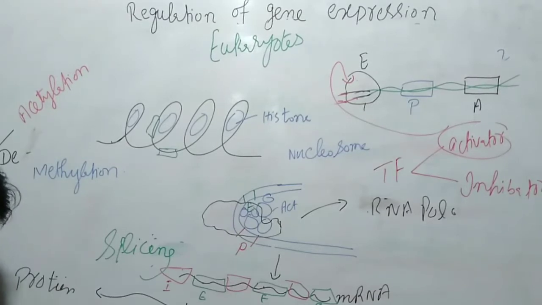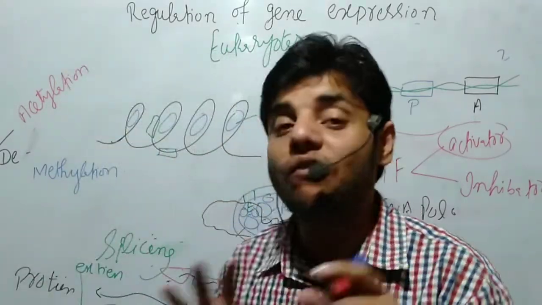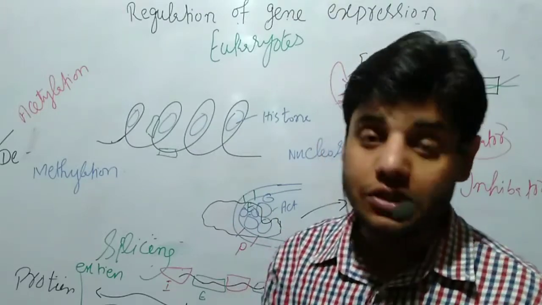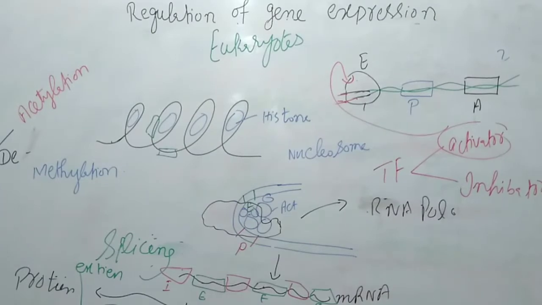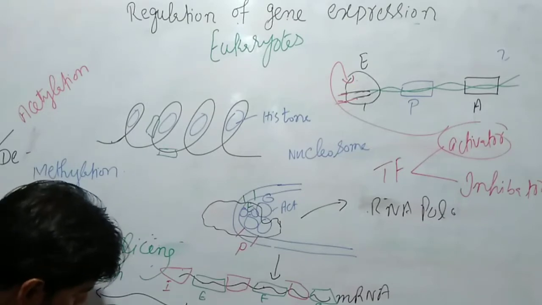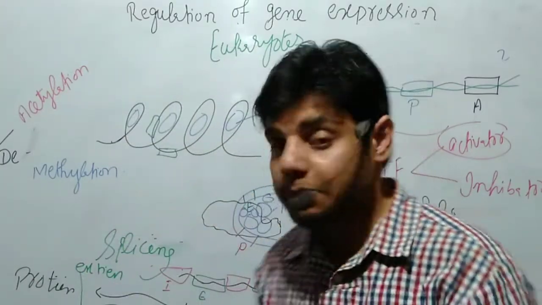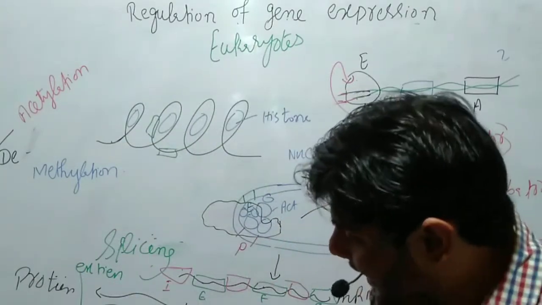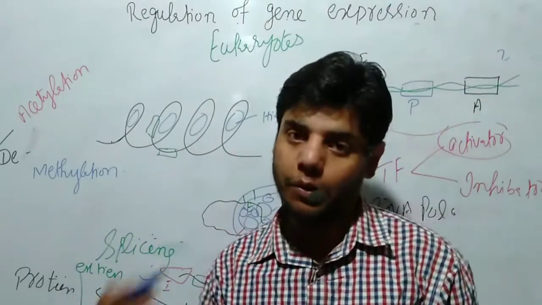Again, we have a portion which is the junk portion and a portion which is the important portion. Let's suppose these green portions are what we call exteins. These are the most important portions of the protein, the functional part of the protein, and they are needed. Then there is a portion which I am drawing with a blue marker. This is the inteins. This portion should be removed from the protein. We call that splicing. So when the intein portion is removed and the extein portions are joined together, we call that protein splicing. Then the protein is matured and it will perform its function.